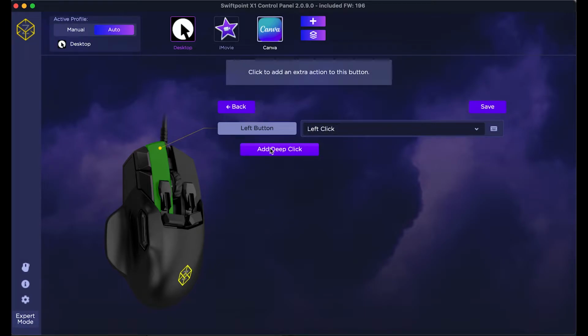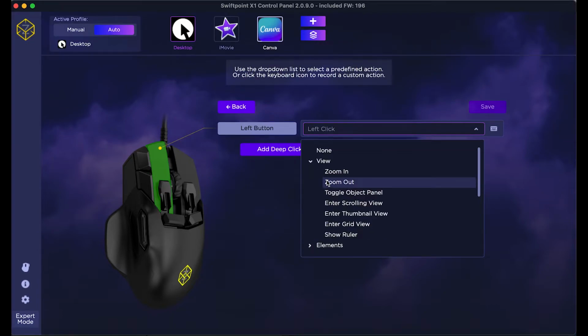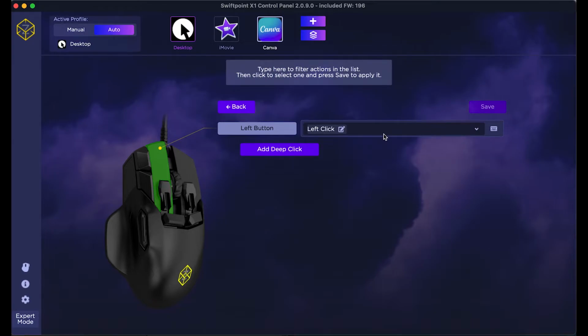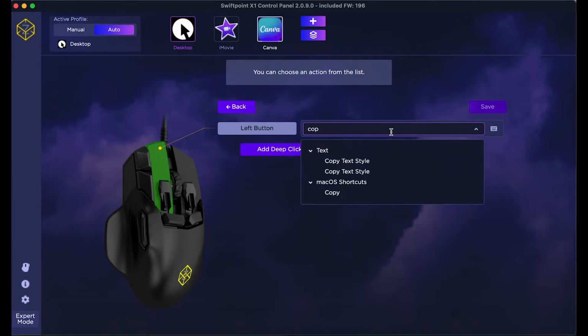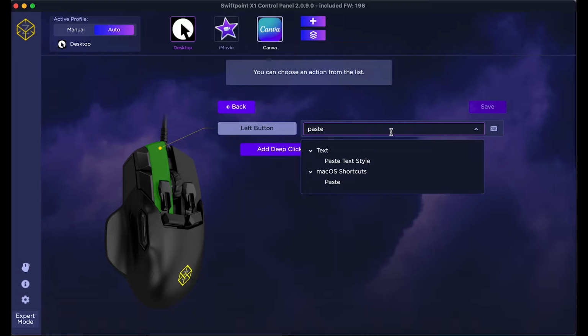So left click, and also if you're able to, add a deep click option as well. So there are two ways to assign new actions to the buttons on your Z, Tracer or Creator mouse. Now simply we can come in and just use the drop down menu here and spend a little bit of time flicking through each one of the action libraries that we have pre-installed and pre-configured for the Z, Tracer and Creator mice. Or the second option is to speed the process up by clicking on the drop down menu and simply type in what action we would like to assign to the particular button. So copy or paste to one of the buttons.